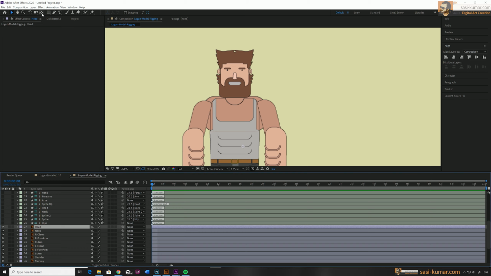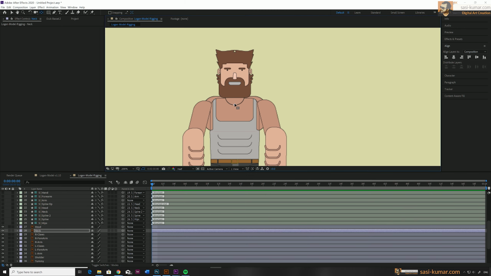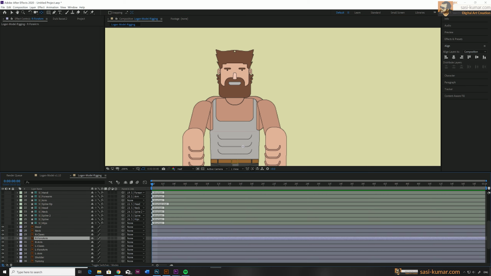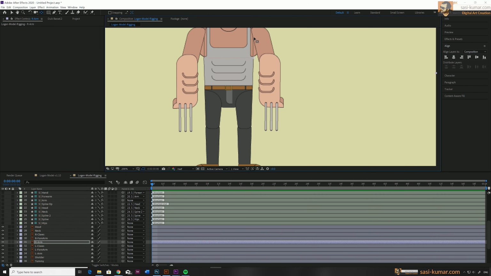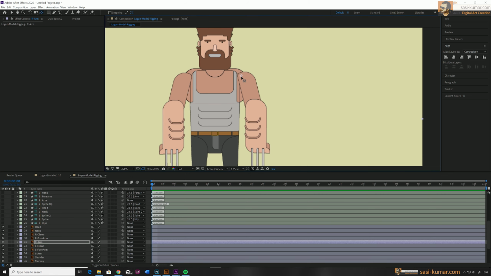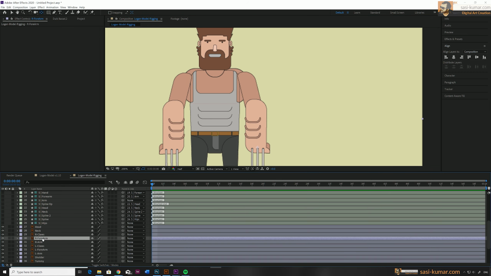Select the head layer, go to the tools and select the pan behind anchor point tool in here, and now move the anchor point to the pivot point of the head, which is going to be in here. Same for the neck, which is going to be in here, and the arm, this one will be in here, and this one arm is going to be in here, at the top like this.